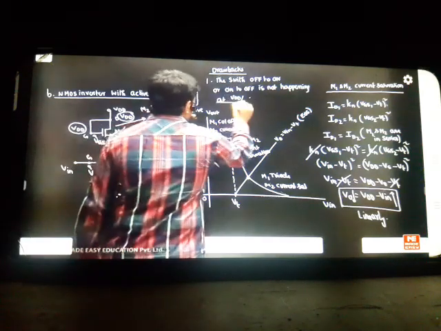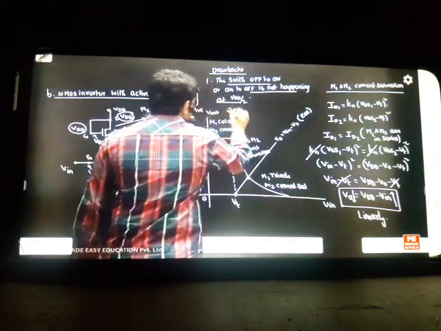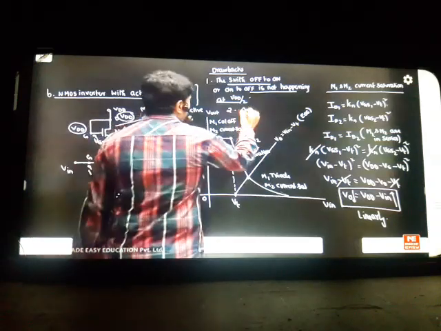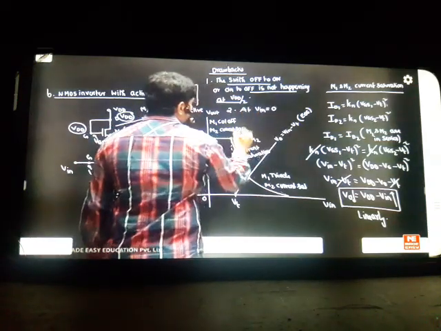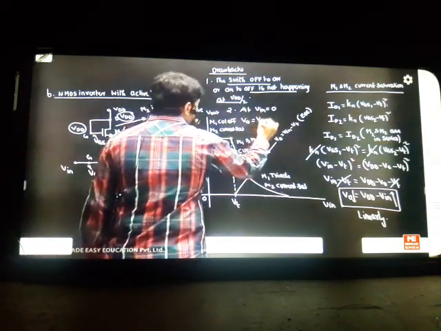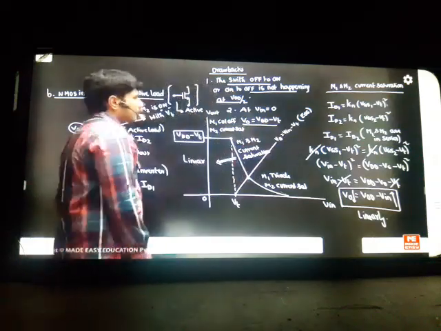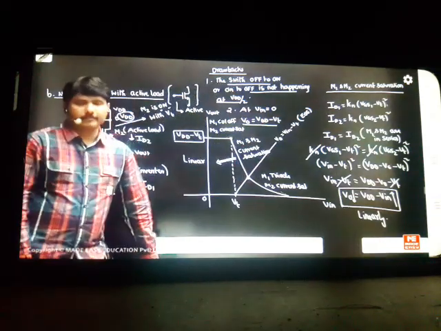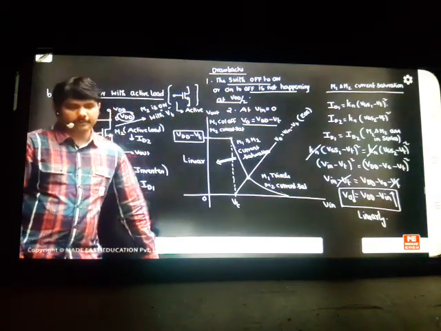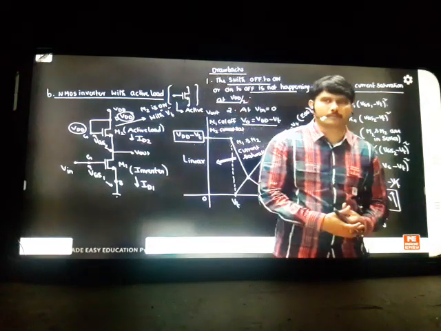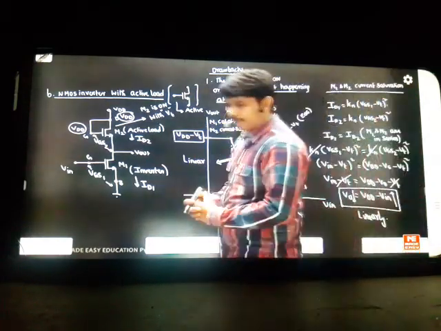The second point, point number 2: at Vi equal to 0, your output is coming as VDD minus VT. This is a drawback. Actually, we are expecting the output should come as VDD, but in these circuits we are getting VDD minus threshold voltage because the second MOSFET is on. That's why there is some threshold voltage drop in the MOSFET. You have to subtract that to get the output answer.